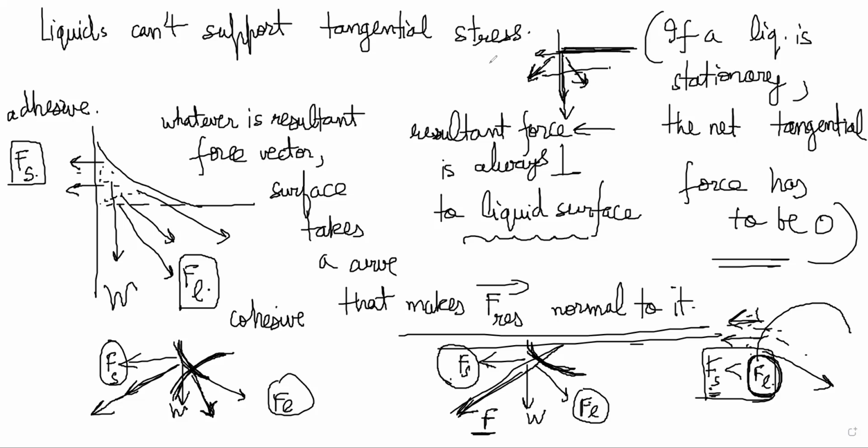So it totally depends on the nature of the forces. We cannot make any predictions without knowing experimentally what is happening. But the reason for the shape of the surface is this. The force between the molecules of the same material is known as cohesive. Force between materials of different kinds is adhesive. As is clear from the figure, adhesive force Fs is perpendicular to the solid surface. So that is another fact, that adhesive force will always be perpendicular to the solid surface.